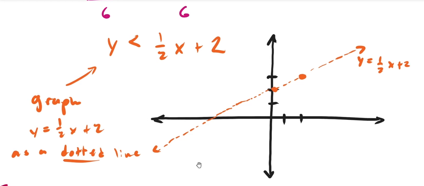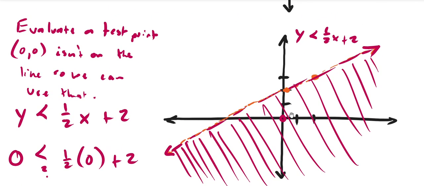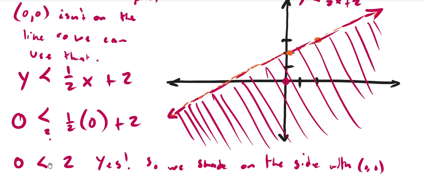Now we're going to want to evaluate a test point. 0, 0 is again not on this line, so it makes a good test point. You might notice that I use 0, 0 as a test point a lot. That's because it's pretty easy to multiply by 0. When we evaluate 0, 0, I get that 0 is less than 2. Hey, yeah, that is true. So we're going to want to shade on the side that has 0, 0 in it, and that's this side